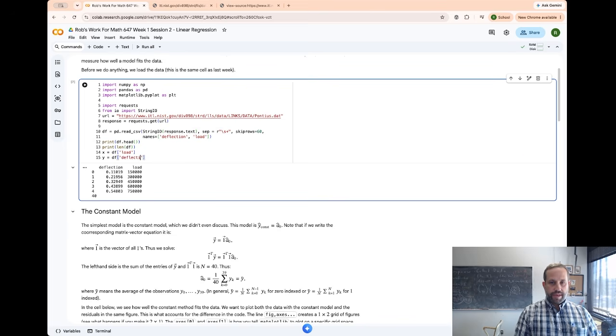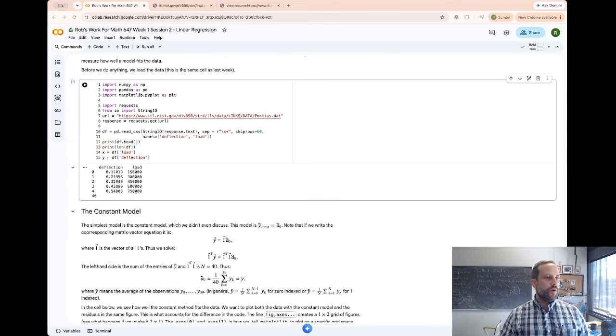Okay, so one of the great things about Python, it's such a high-level language that the things that we want to have happen typically happen in the way that we want to have them happen. Okay, so what do I mean by that? Well, I want to look